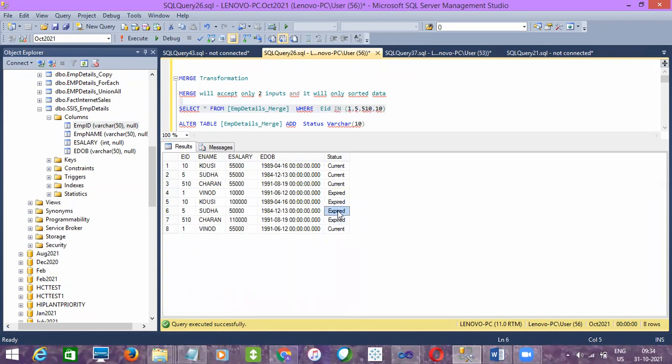All the 4 records. For employee ID 10, the recent record is 55, and you can see status current. And for employee ID 10, it was 1 lakh, and it is expired. Clear, guys?